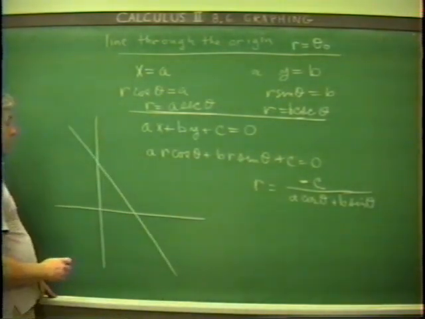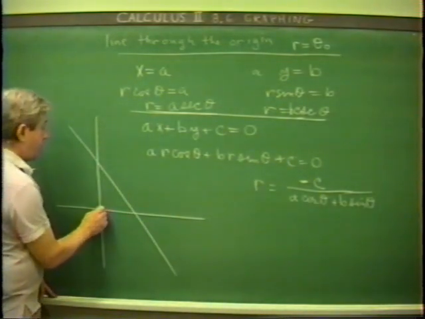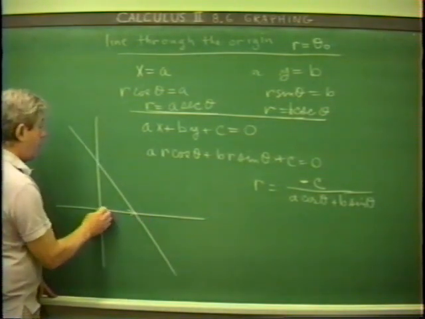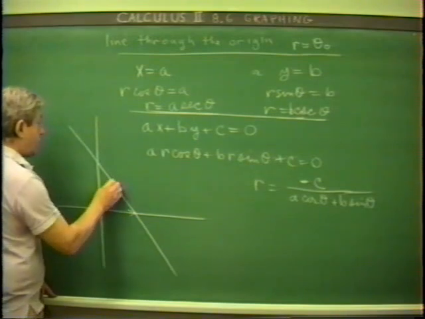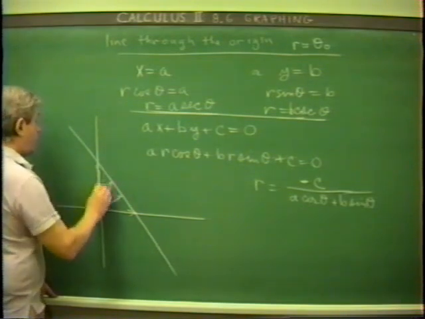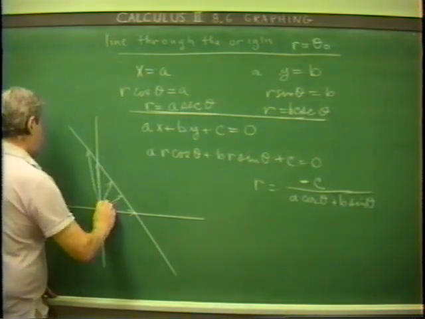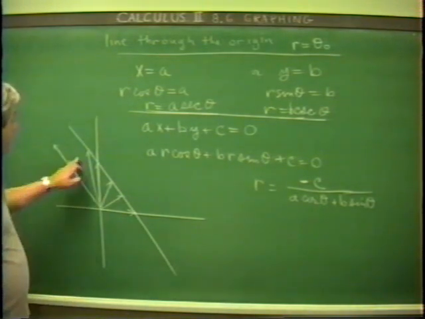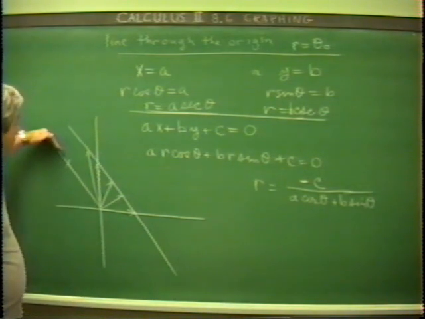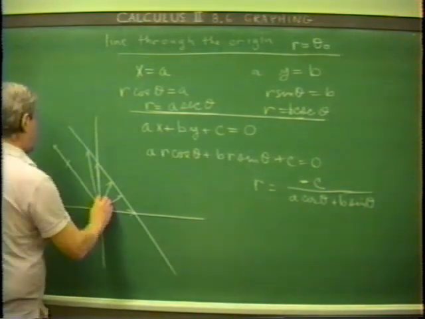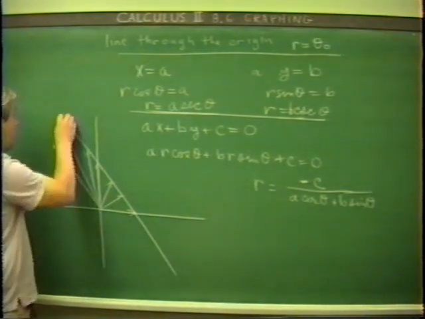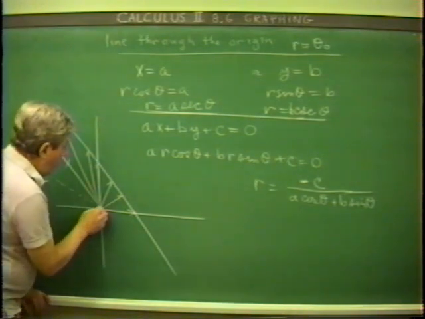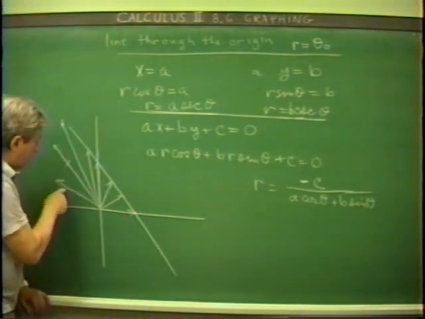If this is a coordinate system and this is the line right here, then what happens here with various values of theta? Well, if you start out with theta equal to 0, you get this point of the line. And as theta increases here like so, these various points of the line are plotted until you get around to the direction which is parallel to the line. When you get to that direction, then there's no point which is plotted on the line. So the points on the line continue to be plotted in this fashion here. When you get past that direction,